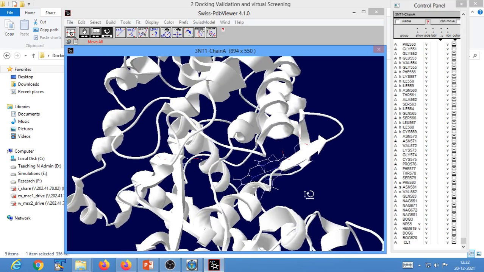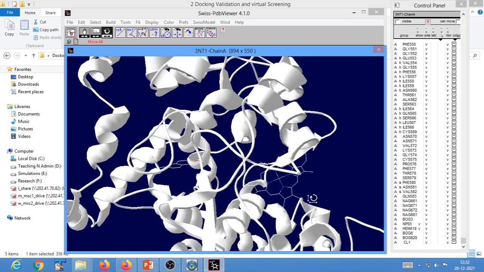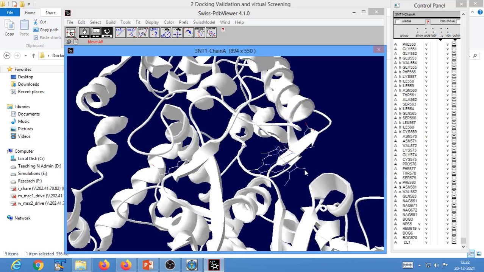Okay, so it is always advised that you don't retain things that you don't need for the molecular docking or molecular dynamics purpose. Since heme has a very trivial role to play so far as detection of binding site and interaction analysis is concerned,